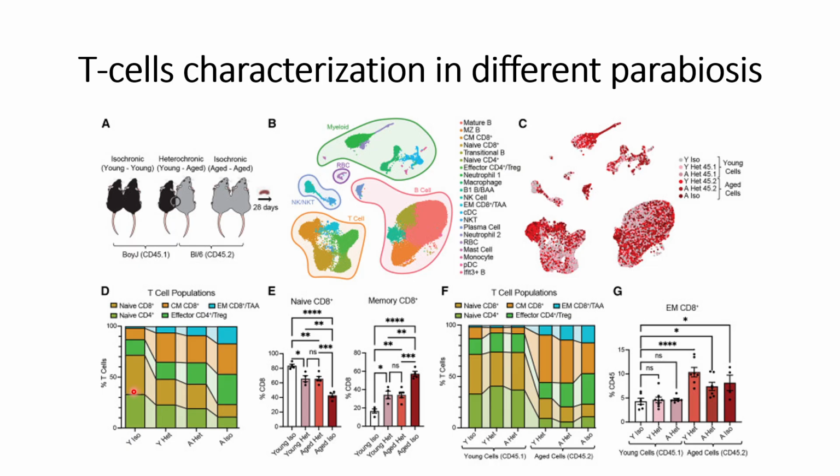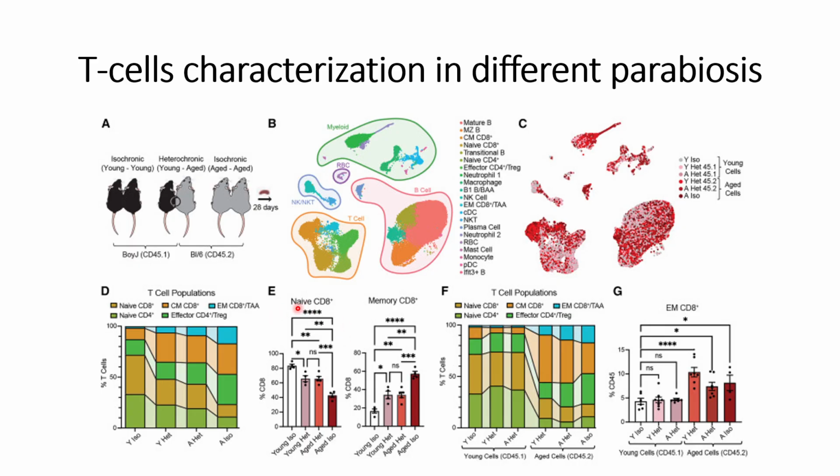Similarly, they also see in the results that CD8 plus T cells also go down as they move from young to old. However, effector memory CD8 plus T cells go up as they move from young to old conditions. And naïve CD8 plus T cells also go up as they move from young to adult. And these things they have quantified in